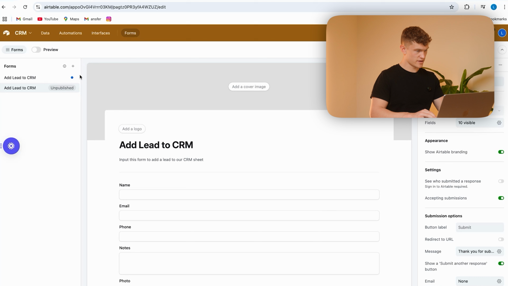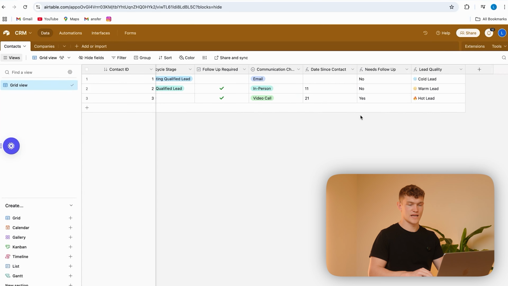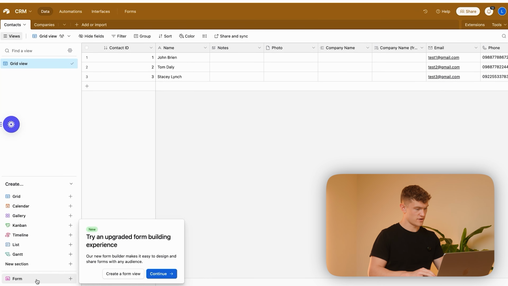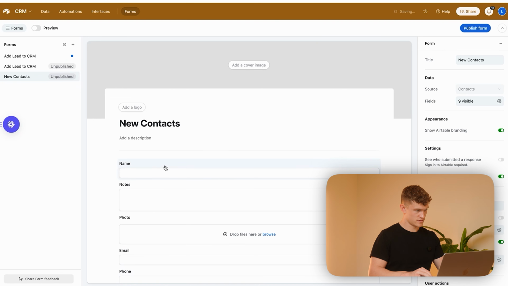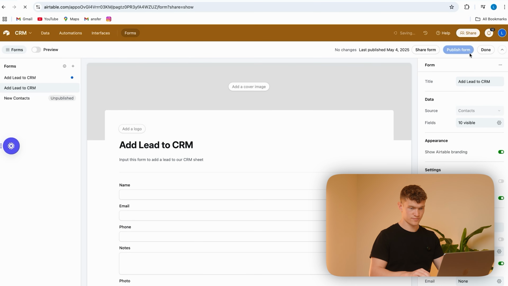great. Then if we go back and go to our data, okay, it's because that was just the preview. Obviously, you didn't add the lead in. So now if we go to our forms, we go to here, and if we go to publish form,